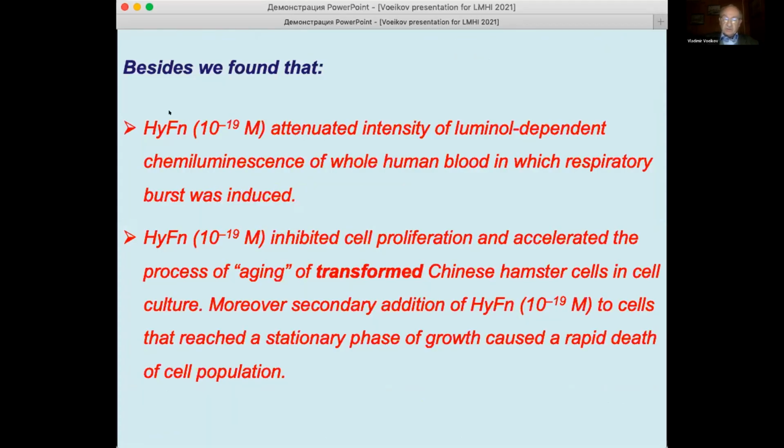Besides this, we found that hydrated fullerene at this ultra-high dilution attenuated the intensity of luminol-dependent chemiluminescence of whole human blood, in which respiratory burst was induced, and also it inhibited cell proliferation and accelerated the process of aging of transformed Chinese hamster cells. We stress here that this line of Chinese hamster cells is malignant in cell culture. Moreover, secondary addition of this ultra-high dilution to cells that reach a stationary phase of growth caused a rapid death